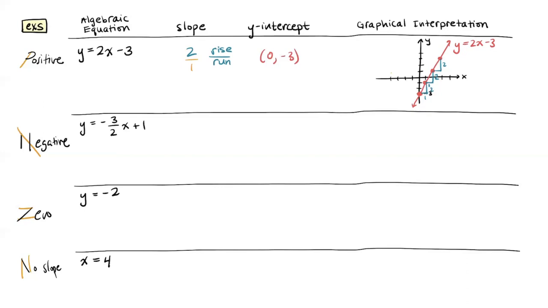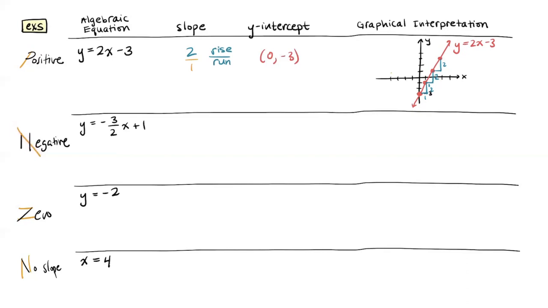I don't know if this is helpful or not, but if you write positive with a little slanty thing here, you can kind of remember that positive slope lines go up from left to right. They rise from left to right. Whereas with negative slope, the line goes down from left to right. Your y values decrease as x